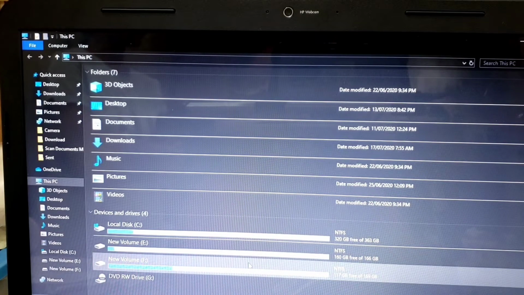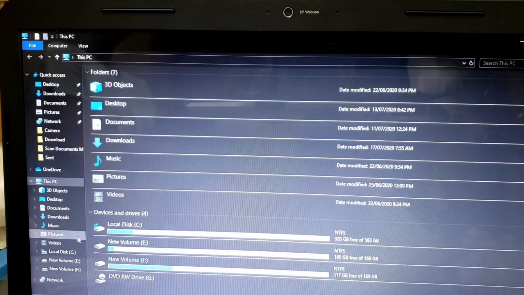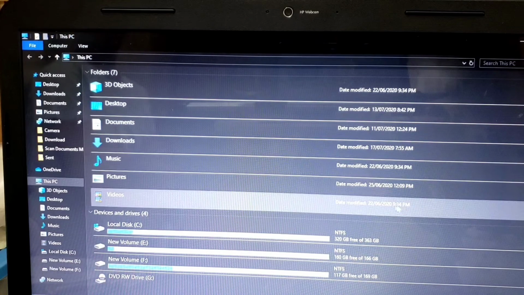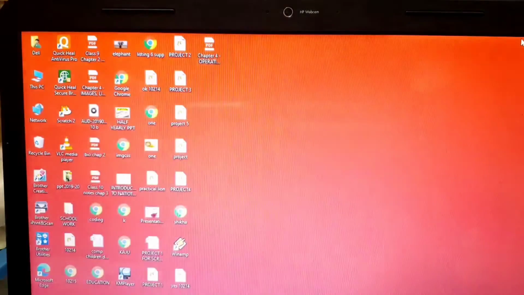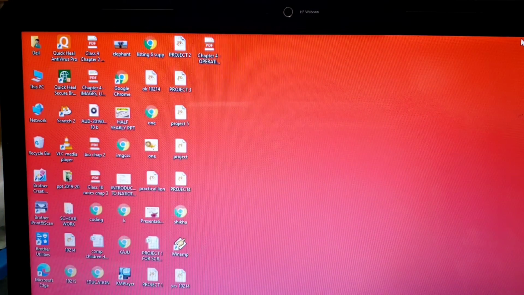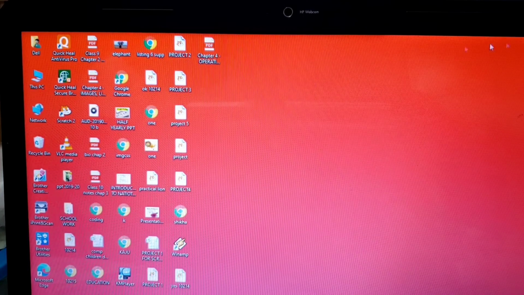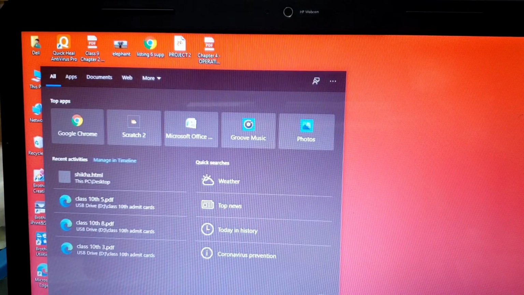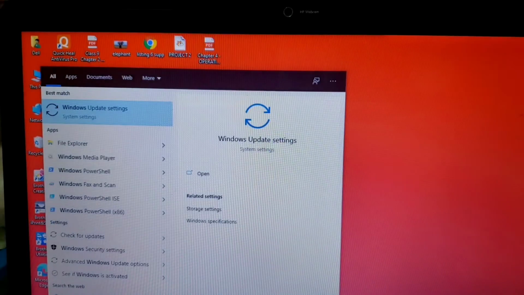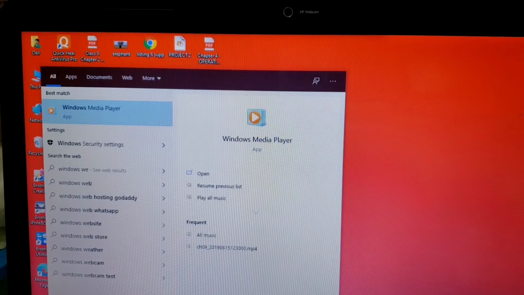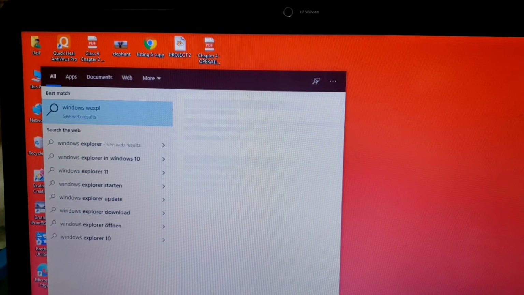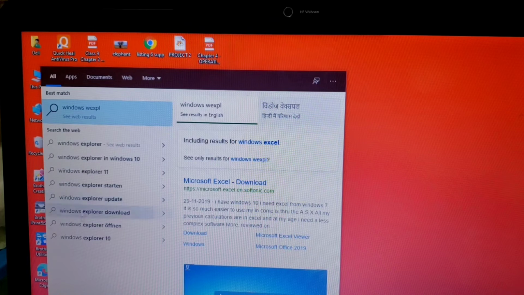Windows Explorer means with the help of this window, you can see all the basic files and folders which you have in your computer. Now how can you open this Windows Explorer window? That is very simple. Just write Windows Explorer in the search box.